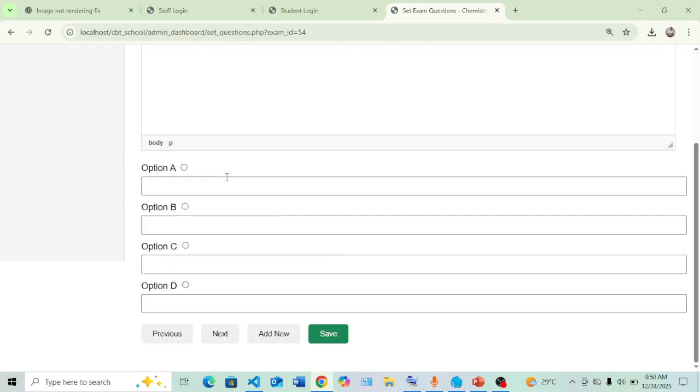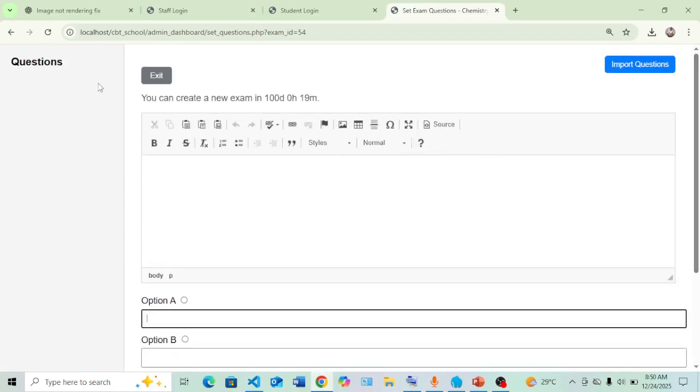Say very easy, user friendly. Just input the option A to D, then make sure you actually select the correct options before leaving here. So one more thing I want to show you in this set questions template is that you can